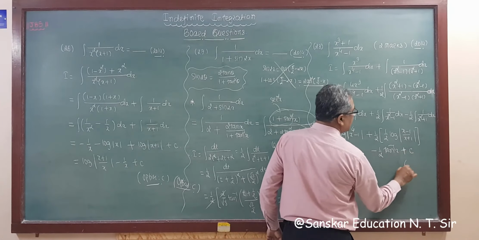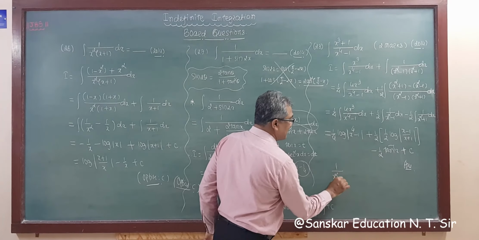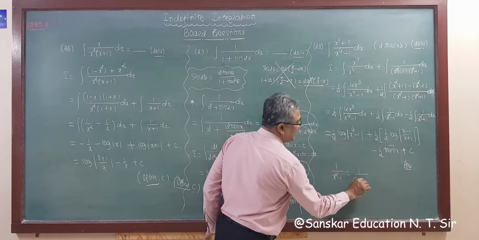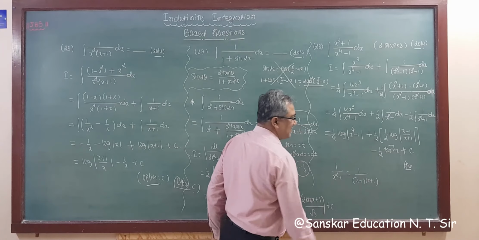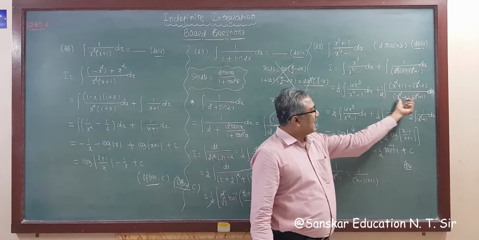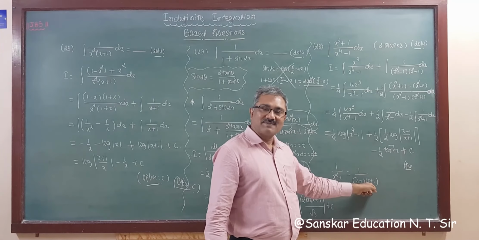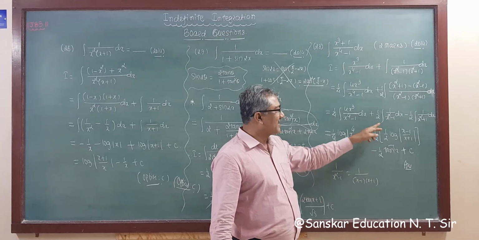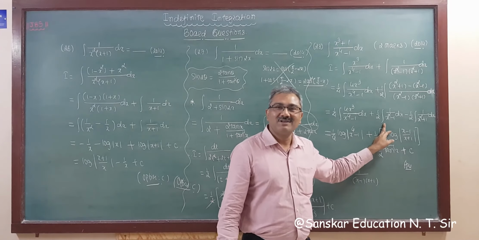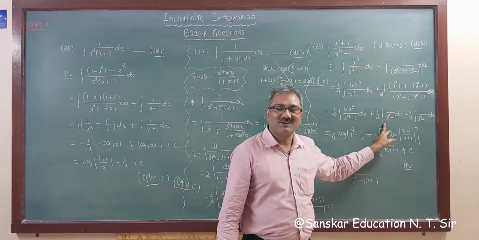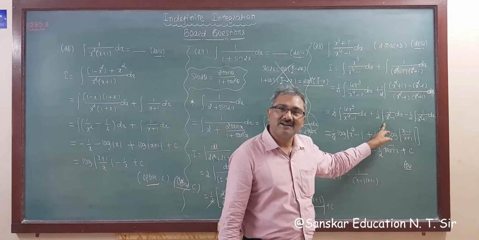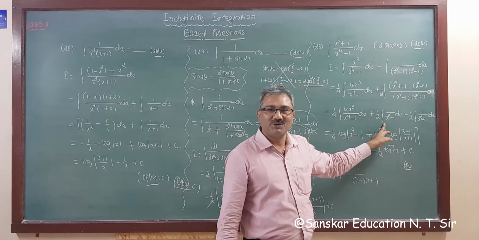Now if you forget the formula of this type, for 1 upon x square minus 1, that is 1 upon x minus 1, x plus 1, factorize that again and adjust the two consecutive factors like this. You will get the derivative, log mod x minus 1 minus log mod x plus 1, and you will get your answer also, if you forget or are confused. But it should not be that you forget this standard formula. It's very easy for you, right?